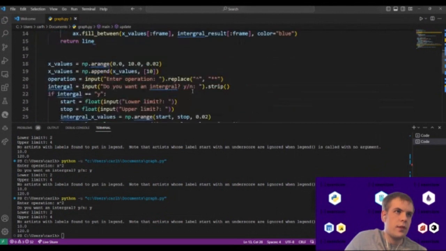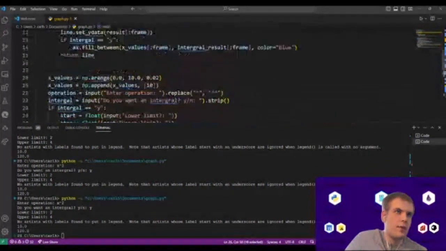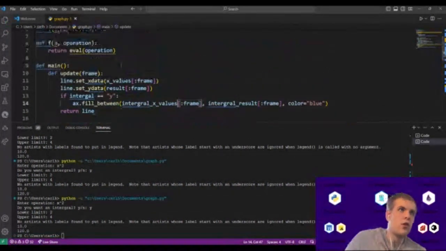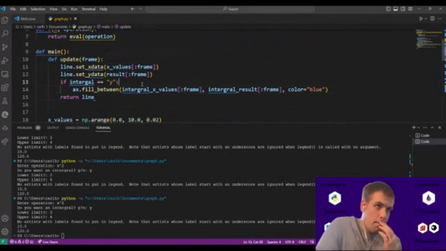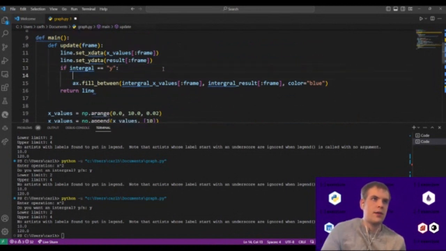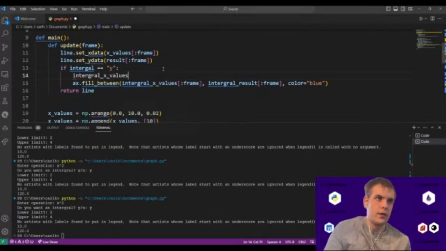So as I said, we need to make sure that these don't convolute and start drawing before the other one. We have to make sure that the x values don't come before the other x values. And because I've actually drawn this out, so when integral x values